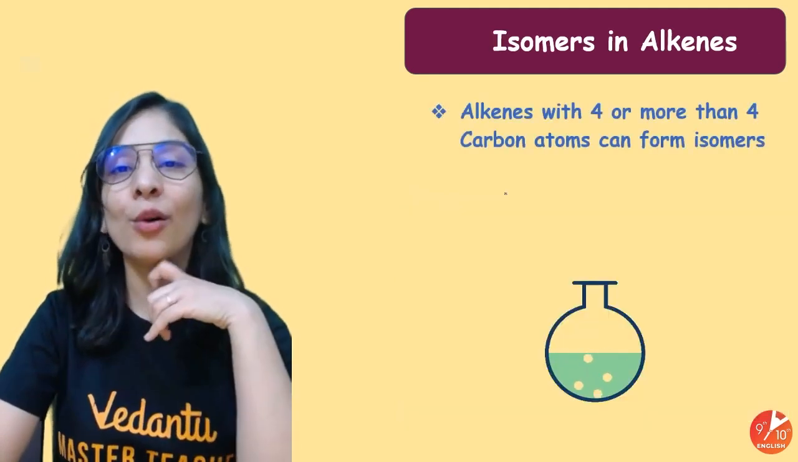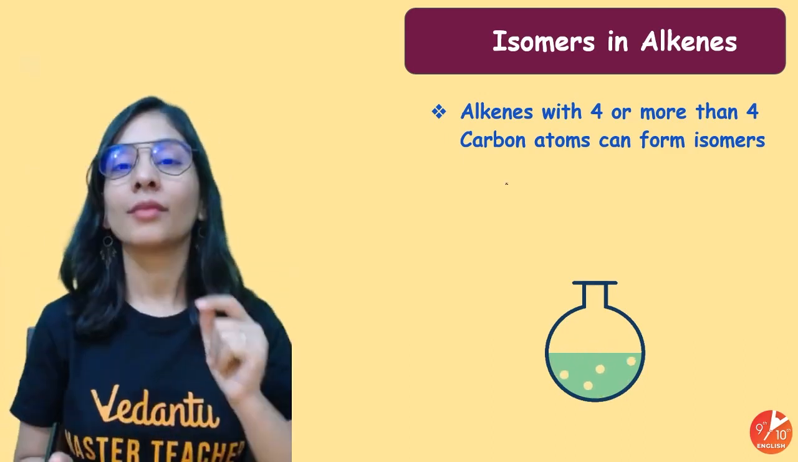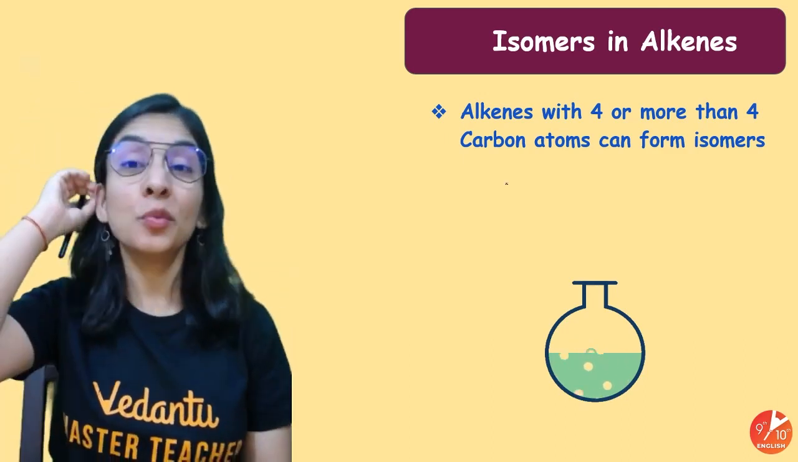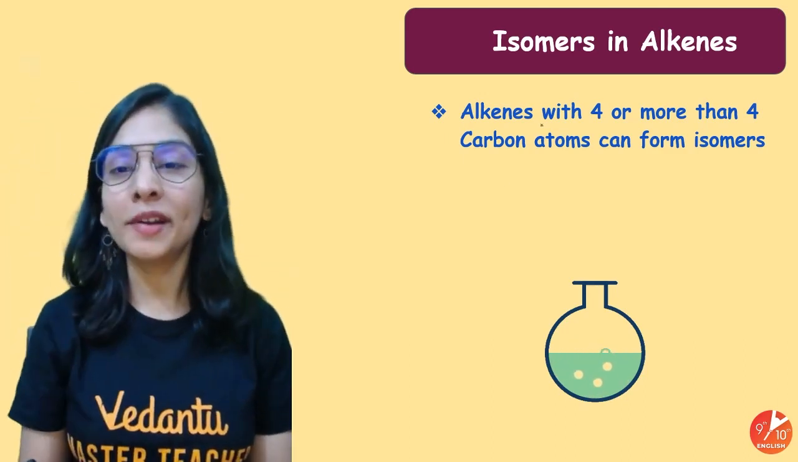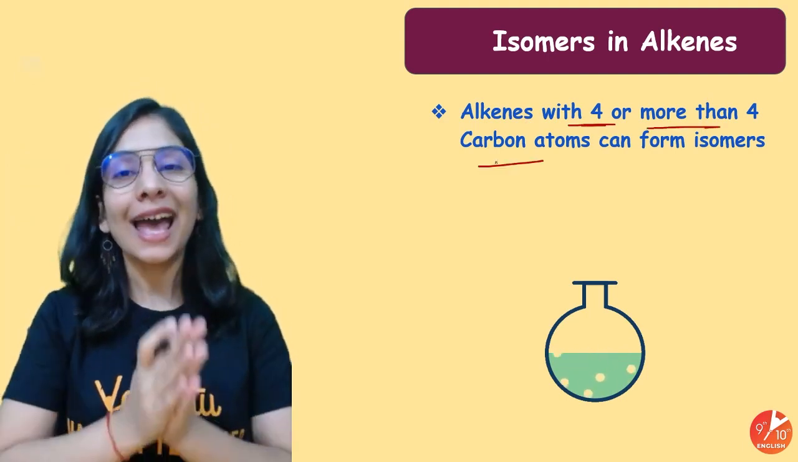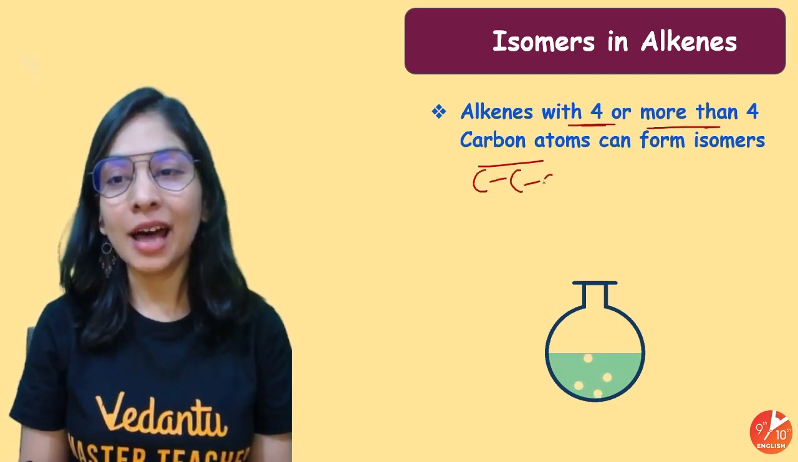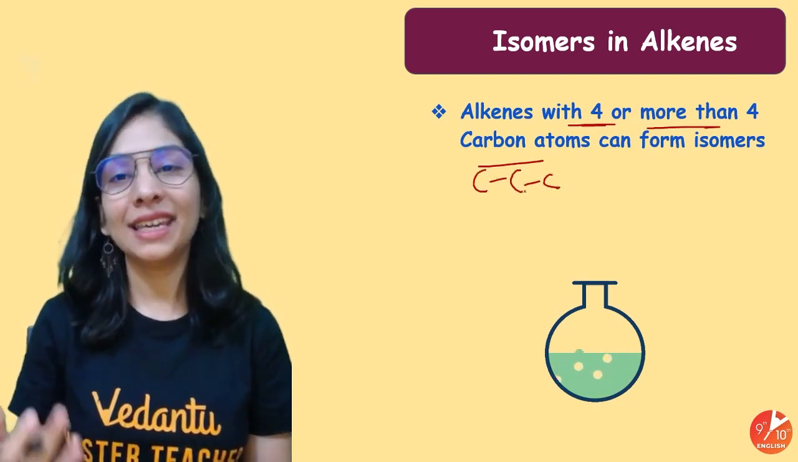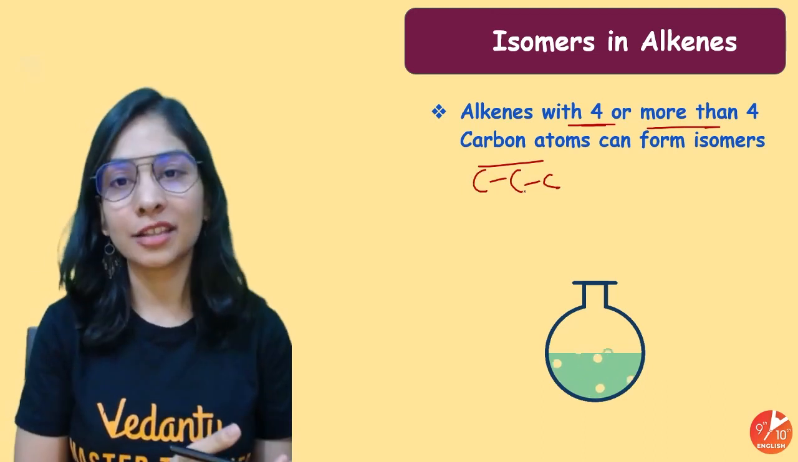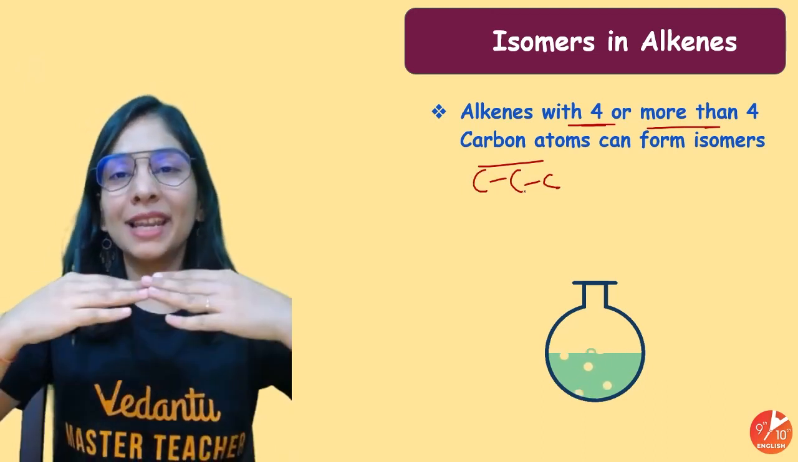Okay. Now, if I talk about the isomerism portion, I have covered that also. In alkenes, what kind of isomers can we see? First of all, do remember that alkenes with 4 or more than 4 carbon atoms will only show isomers. With 3 carbons, isomerism in alkenes, even in alkynes, is not possible, because isomerism in hydrocarbons will be like chain